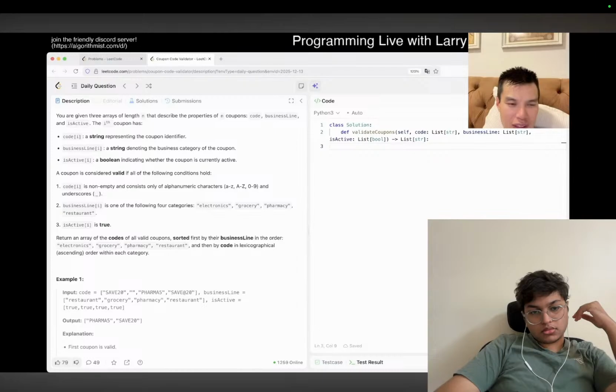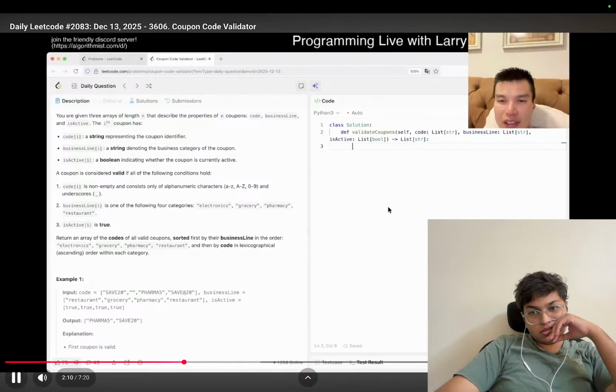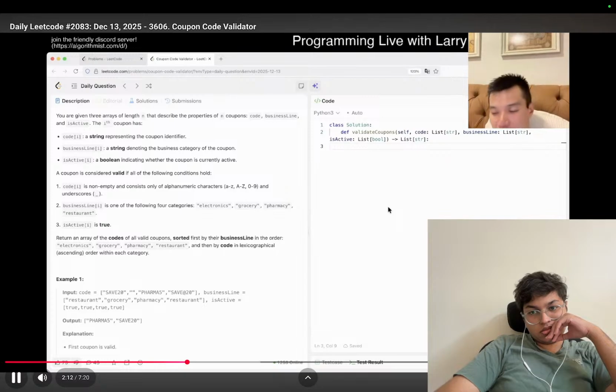And then lexicographically order. Oh, the code. We sort the code. Okay. I mean, of course, let's just do it one. You know, I think one thing that you